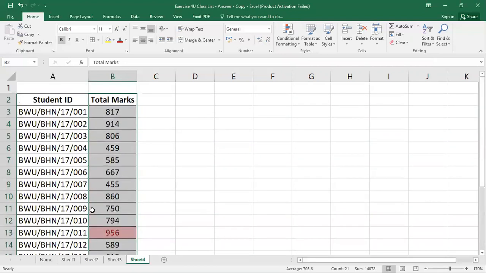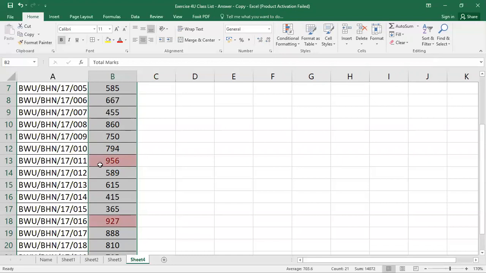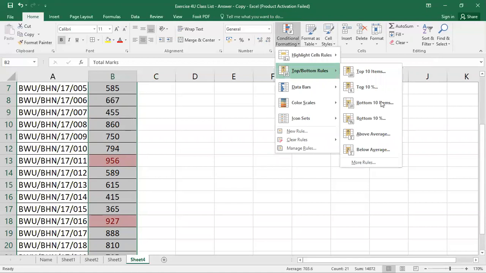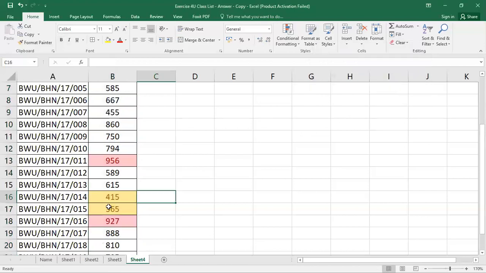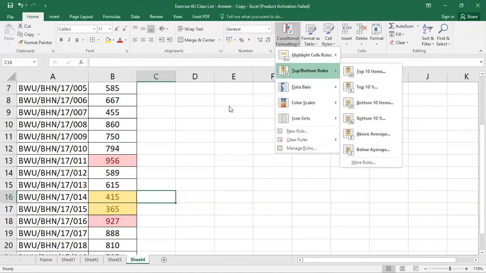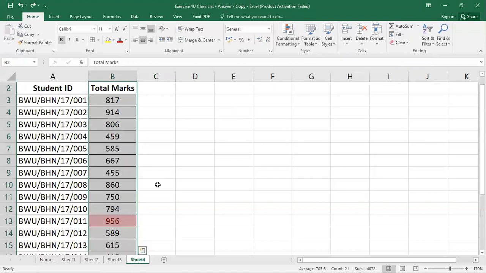In this 20 students, top 10% means 2 is the 10% of this 20. So it will show you the highest two numbers. And if I select the bottom 10%, then it will be yellow. It will show you the lowest two numbers.